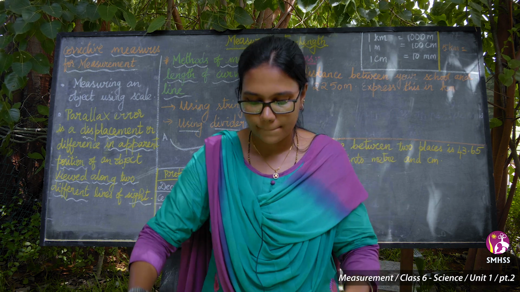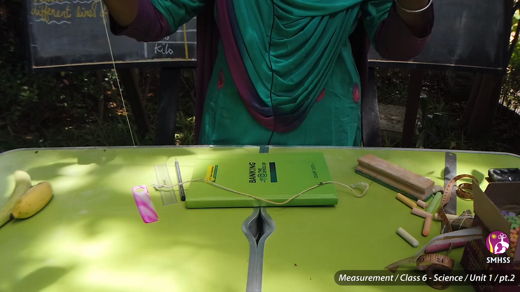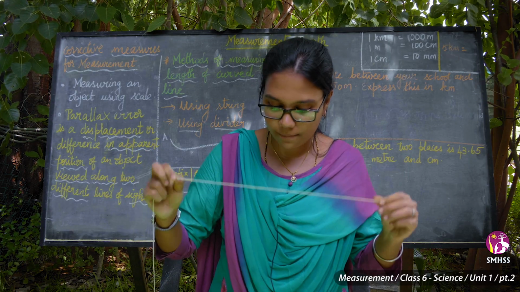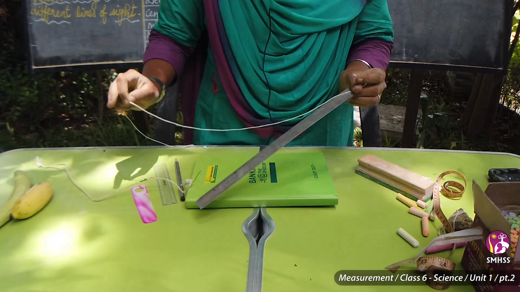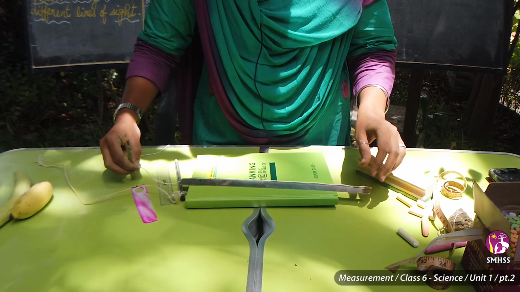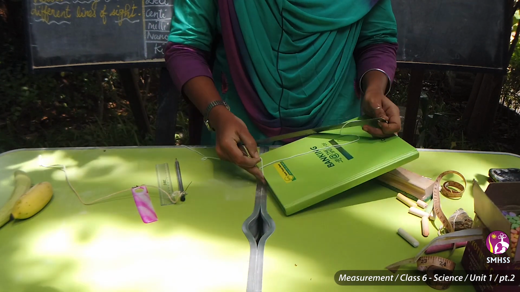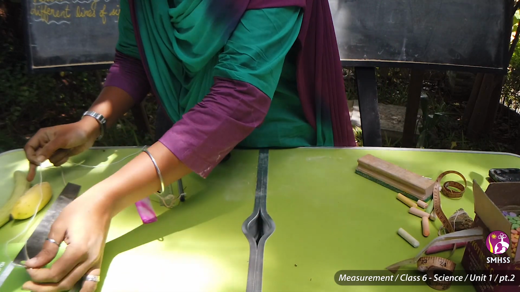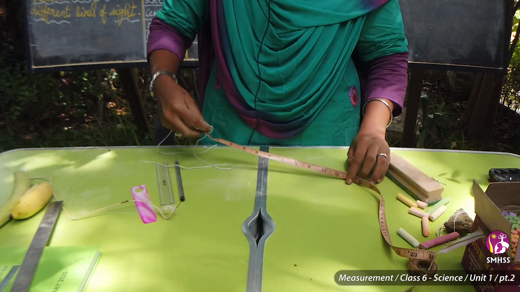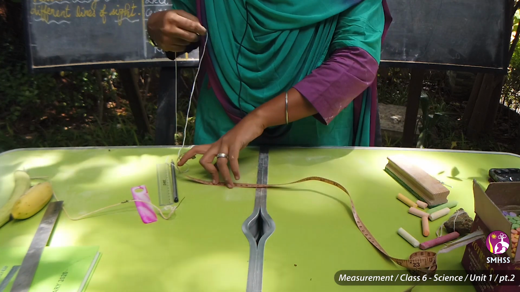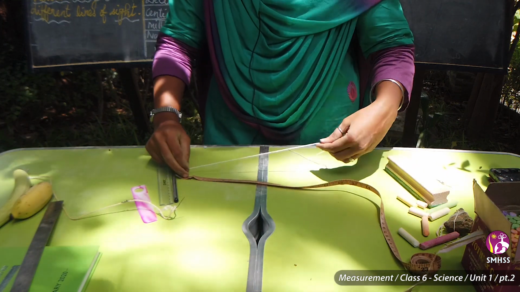Yes. Now I am taking out the thread alone and I am going to measure this thread in the metric scale. I showed you this centimeter scale we have. This one is the small one. Let me take the longer one, or I will show you how to measure it with the inch tape also. I have a tape, with inches and centimeters. First we can see how much centimeter.